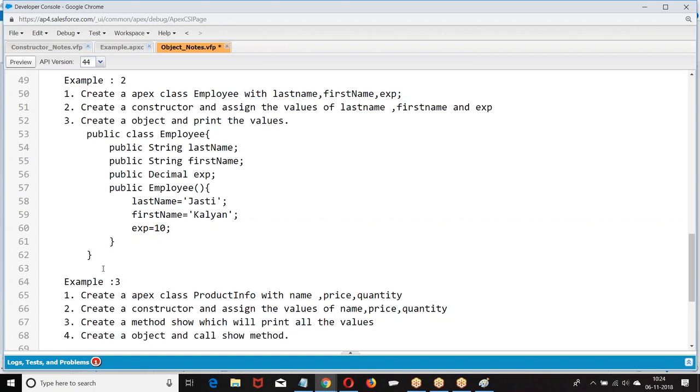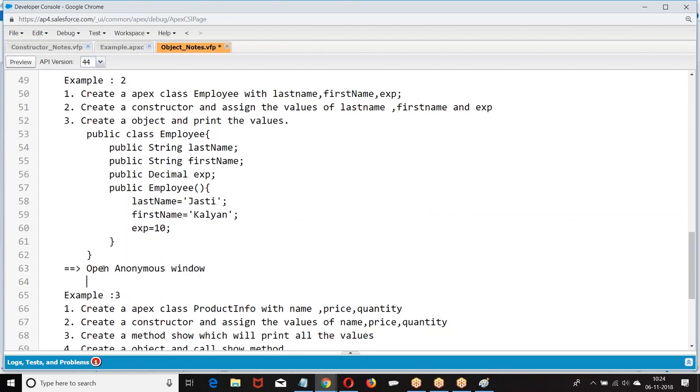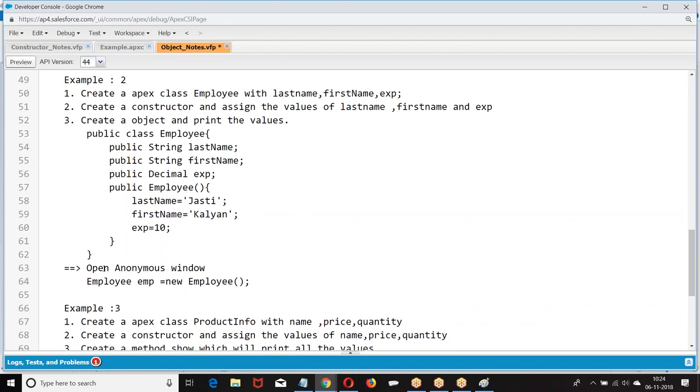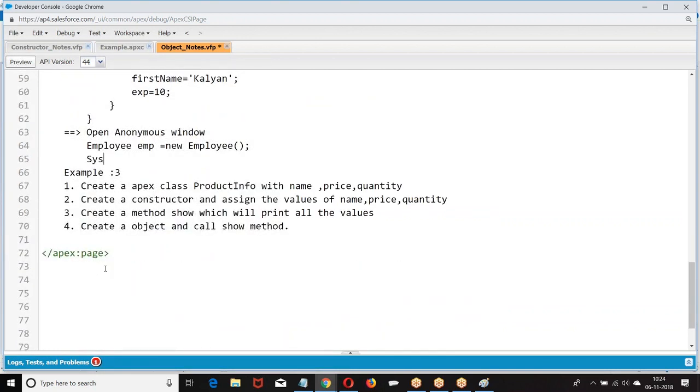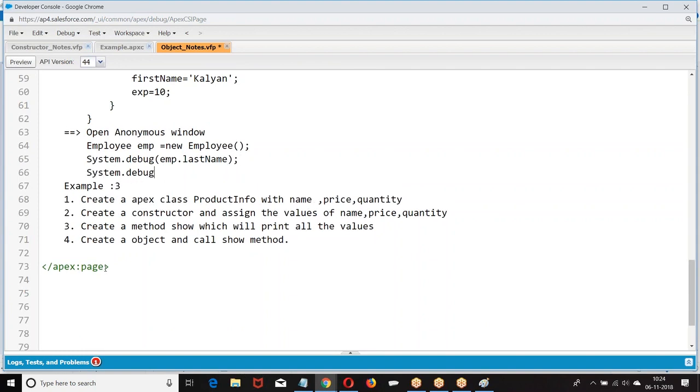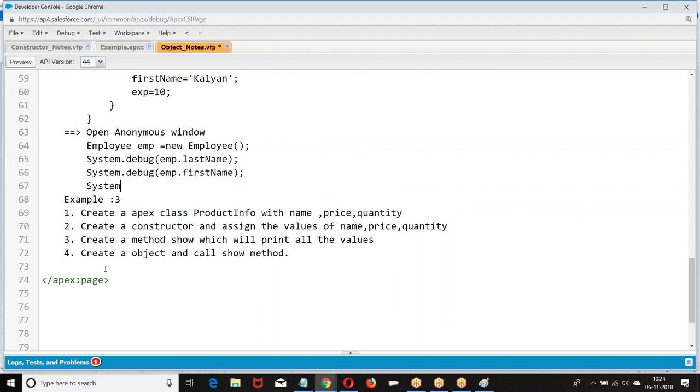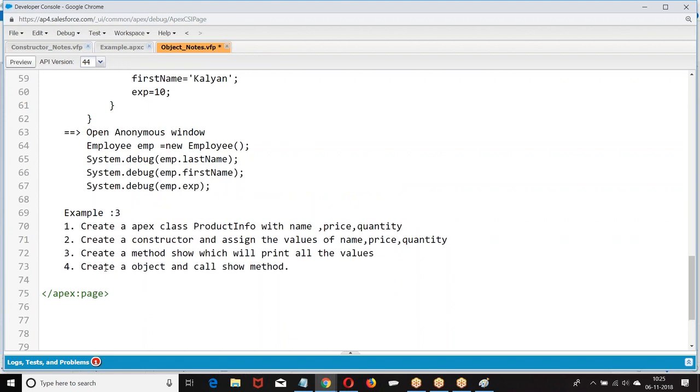So what I'm doing here is creating an empty Employee object equal to new Employee. Then we do System.debug. This is what we have got.